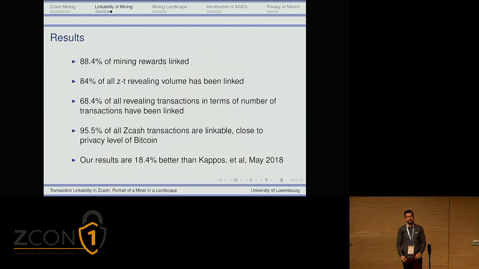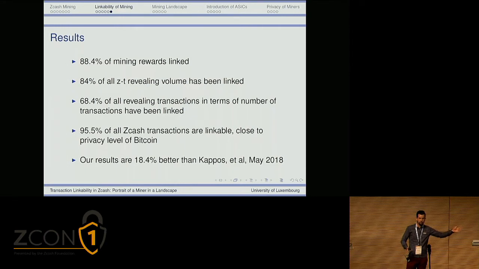Using these two techniques, we could actually link more than 88% of every single mining reward that has ever been issued. And in terms of volume of all the Z2T revealing volumes in Zcash, we could link 84% of it. In terms of number of transactions, we could link more than 68% of the transactions with these techniques. And in general, if we consider regular T2T public transactions, then more than 95% of the transactions are completely linkable, which takes us close to the privacy level of Bitcoin even, which means that in general, shielded transactions